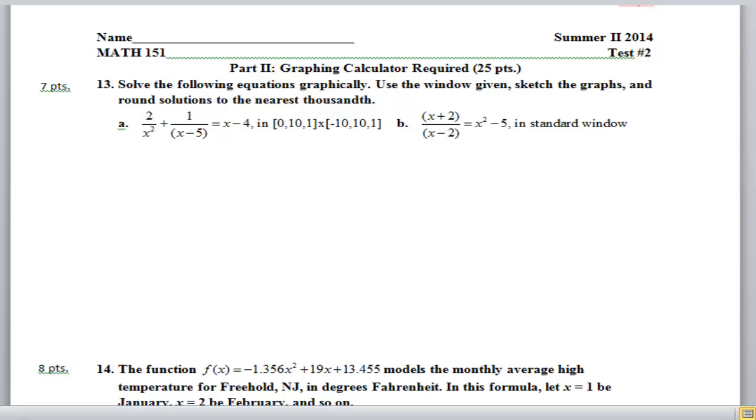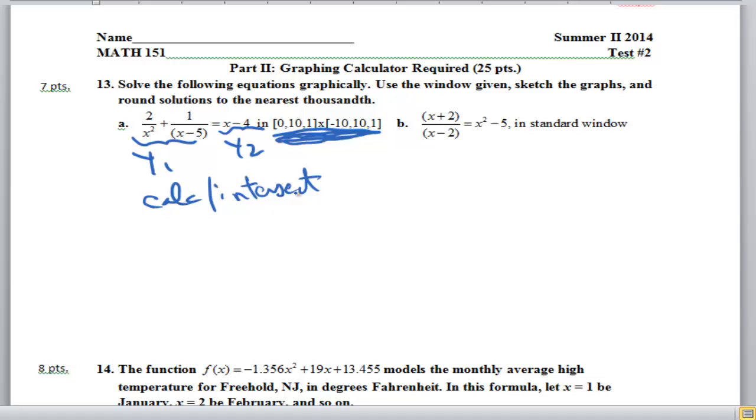13, I mean, that's kind of something that if you don't know how to solve the equations by graphing yet, you should look in that technology module in Canvas, because it's very simple, really. I mean, there's no reason for you to lose points on this. Any equation to solve graphically, just enter one side as y1 in your calculator, the other side as y2 in your calculator, and then I gave you a window to use. So the window I give you to use is going to show the solutions. So all you then have to do is use your calc intersect,